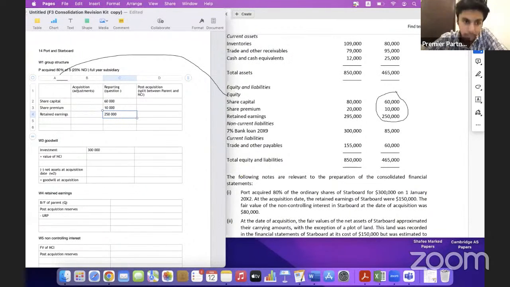Right. Okay. Now, guys, remember the acquisition values are there, no? These values are always given in additional information. Got it? Reporting ones, you can always find here in your question paper. But